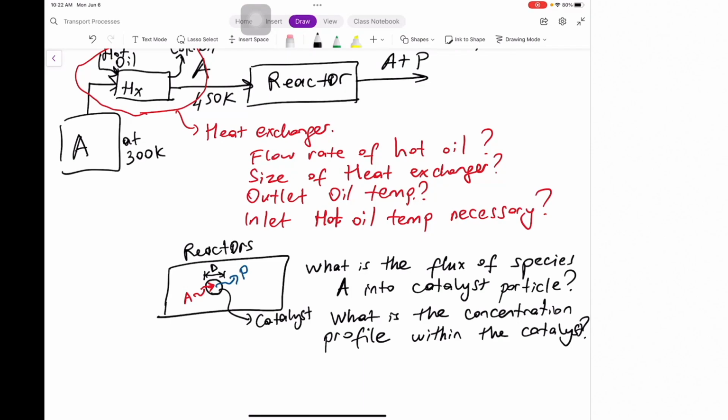So basically, in order to design reactors and heat exchangers, you need to know how to use the governing equations of transport processes. Is that clear so far? Yes, sir. Okay, great. Now, the idea is that we want to learn the transport processes to be able to write down the governing equations